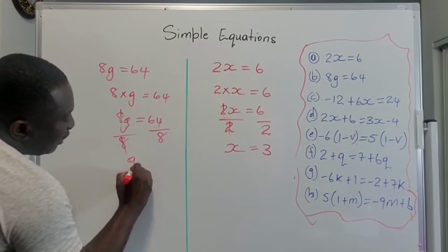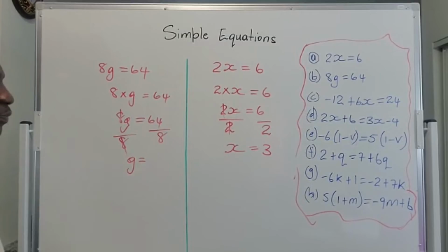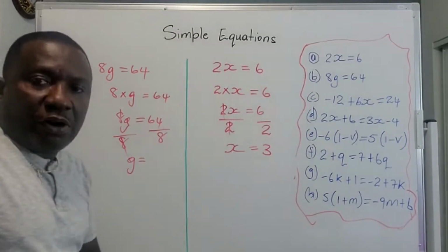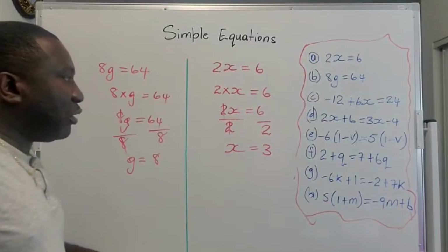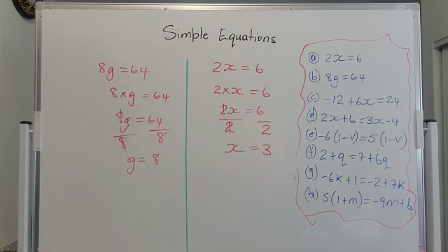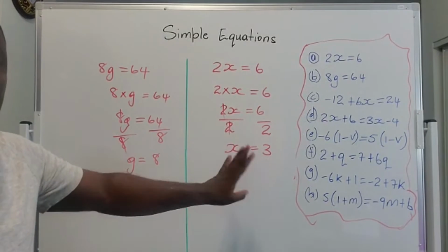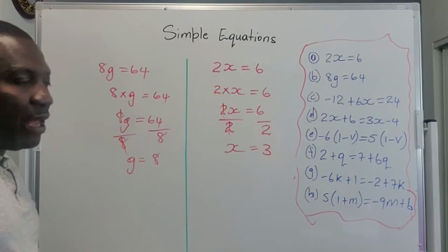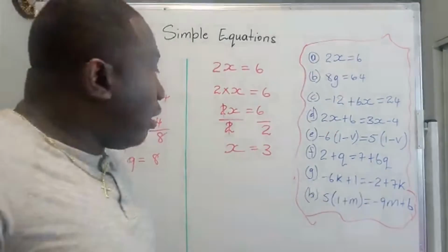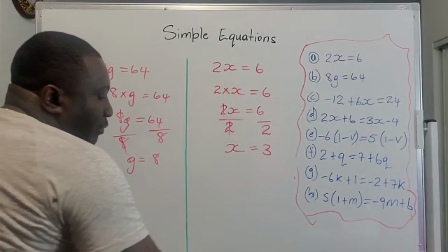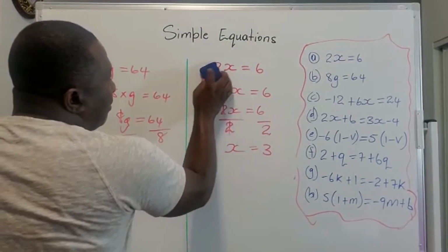I'm left with g. 8 into 64 will give us 8. So g is equal to 8. So for our first problem, our answer was 3. Second problem, our response is 8. Now, I will be moving to the third problem,